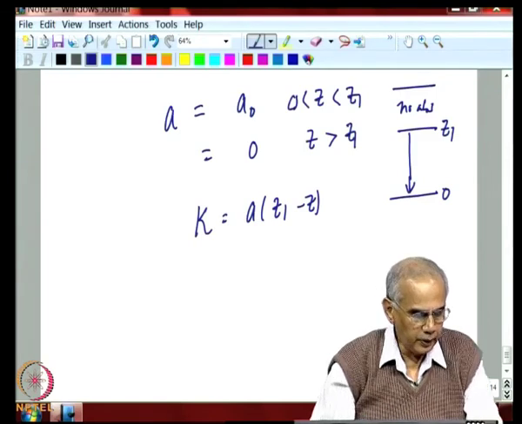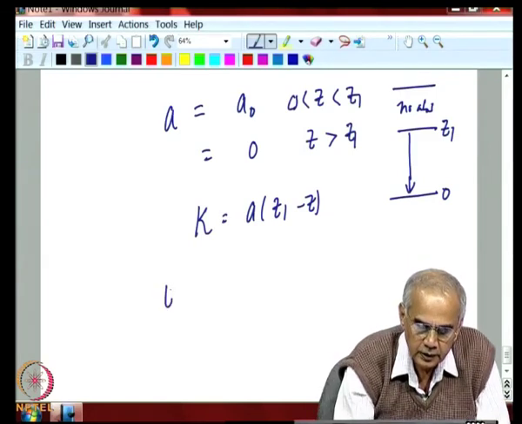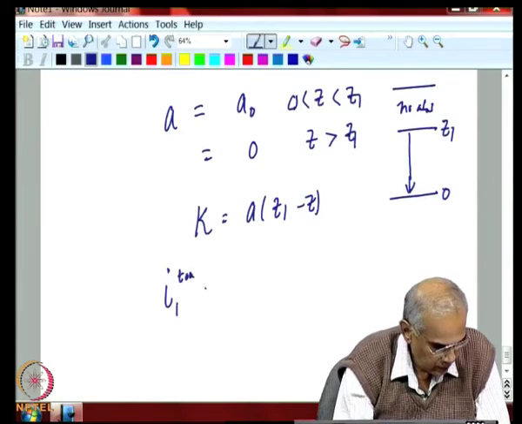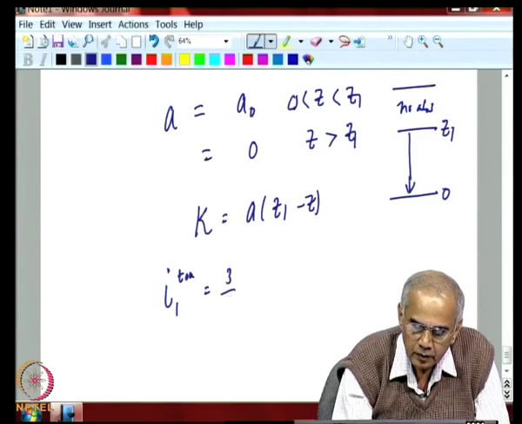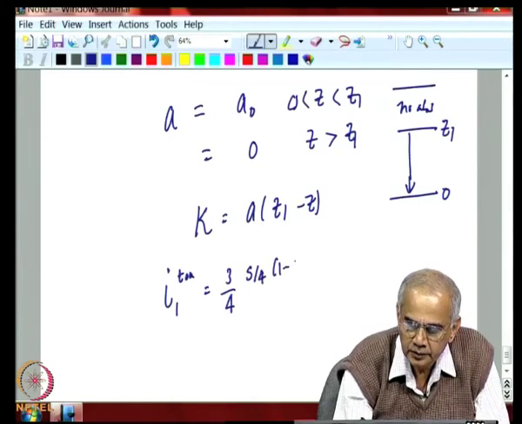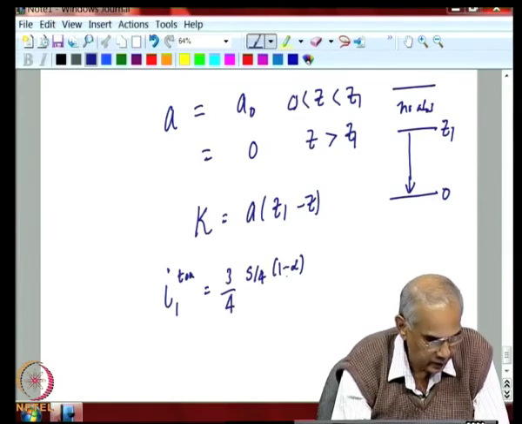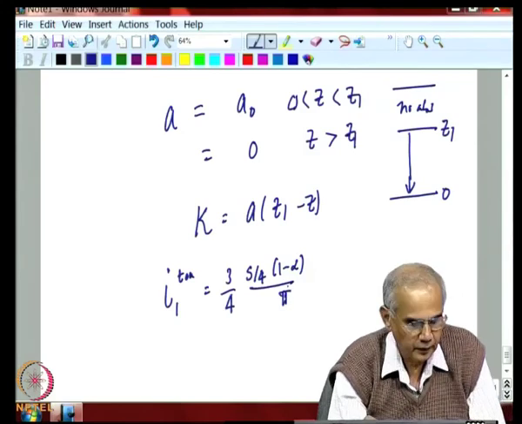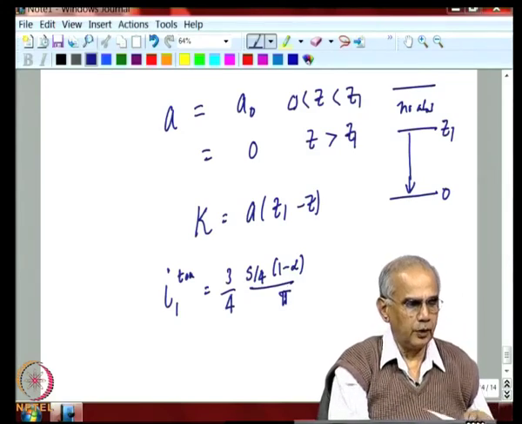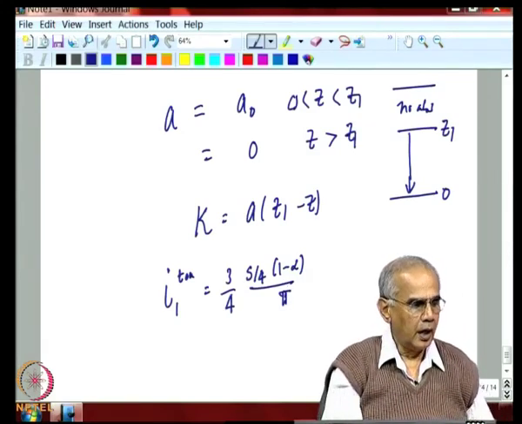So, what you will get is that the intensity at the top of the atmosphere will become nothing but 3/4 into S by 4 into 1 minus alpha, that is the absorbed solar radiation, by pi. So, this result you are going to get, and